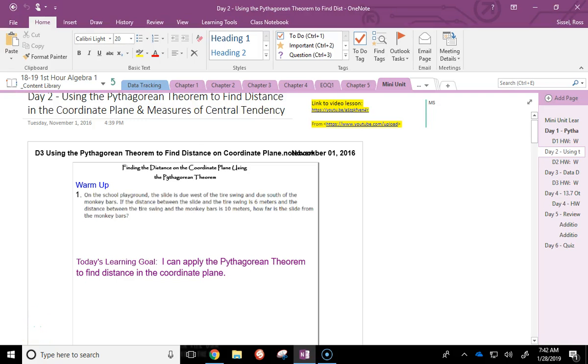Alright, so today we are going to work on day 2 of this mini unit. Make sure, if you were paying attention and looking at the mini unit, that you can see it's only going to last us about 6 days. So it's a very small unit. We'll be finishing it next week. Before I start on today's, just remembering,